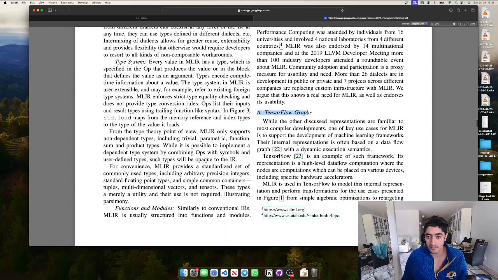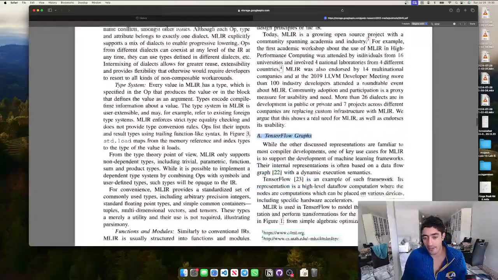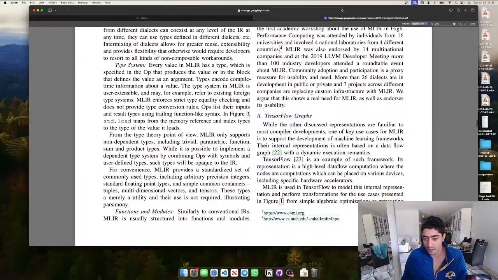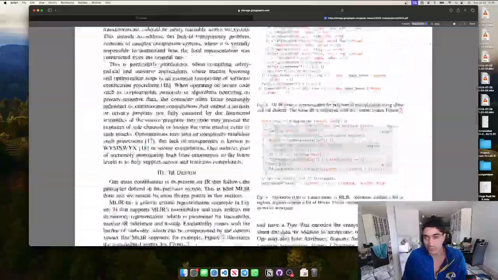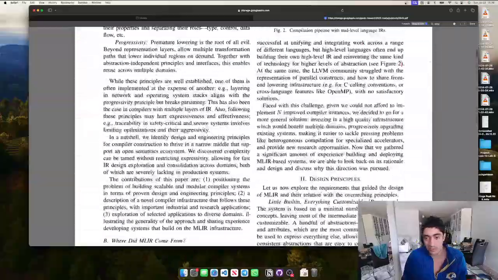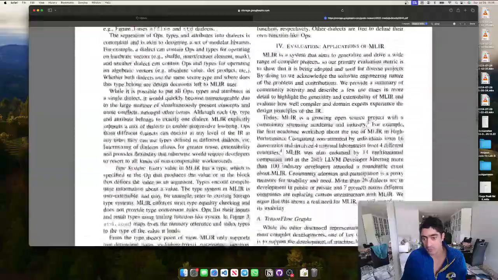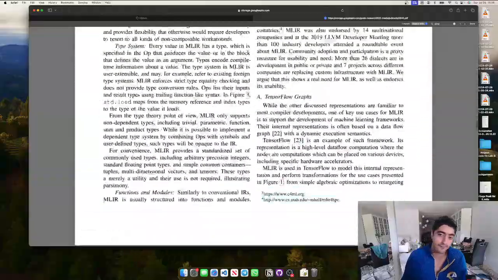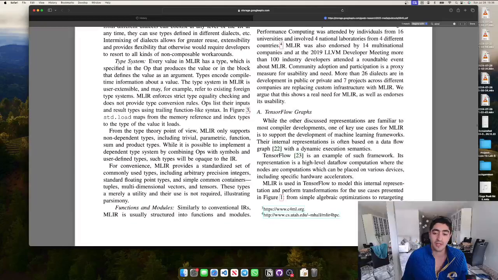Alright, so now I'm thinking we are moving from the parts explaining the technology to its practicality. While the other discussed representations are familiar to most compiler developers, one of the key use cases